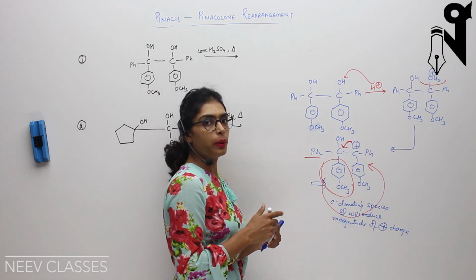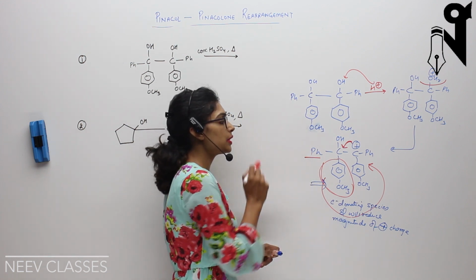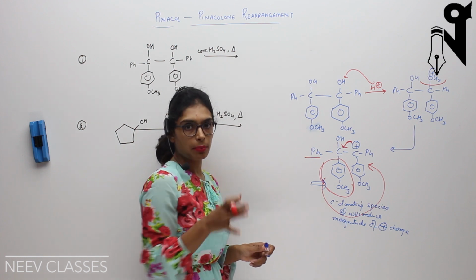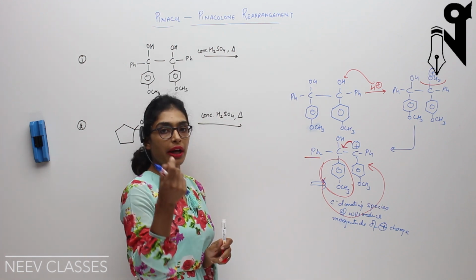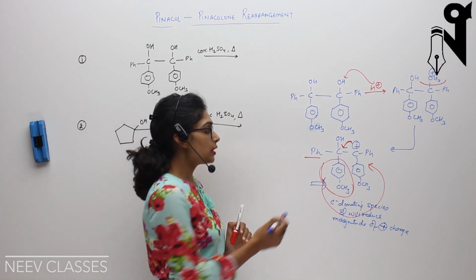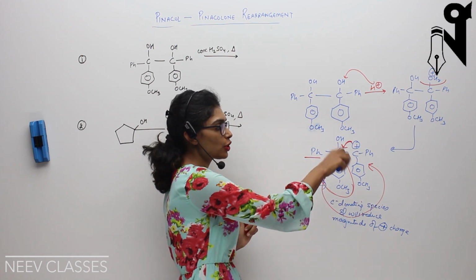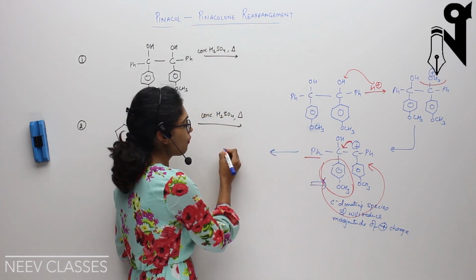Though the magnitude will reduce a bit due to the resonance happening inside the benzene also, because that plus will get shifted in the benzene and get dispersed in the whole benzene ring, still the magnitude is much lesser in this case as compared to this. Hence this particular species will shift over to the other carbon and the benzene will stay there, forming